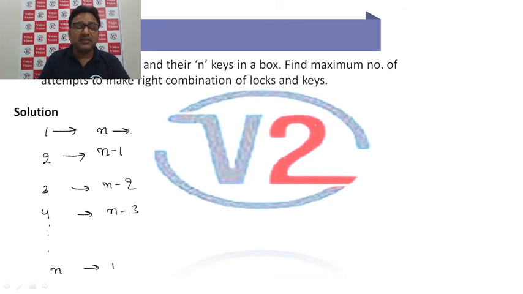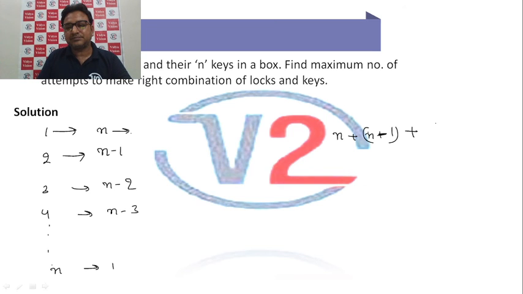So we have n choices, or n minus 1, or n minus 2, and so on, up to 1. Clear? So we write down n into n minus 1